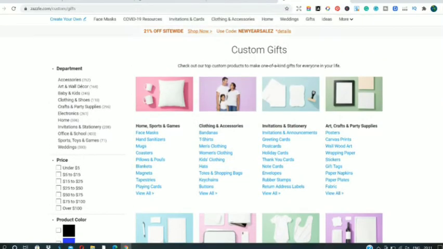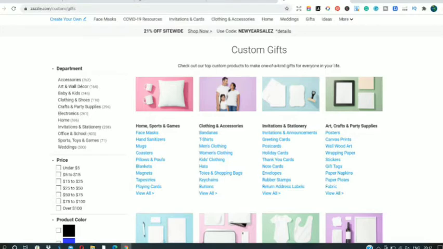So what most people do, if you are opening a card shop or an invitation shop, a print-on-demand invitation shop on Zazzle, then obviously this option is for you, because this option allows you to create one product, only one product at a time, and that one product would be highly customizable by you. So that is create new product, guys, in which you are creating only one product at a time.